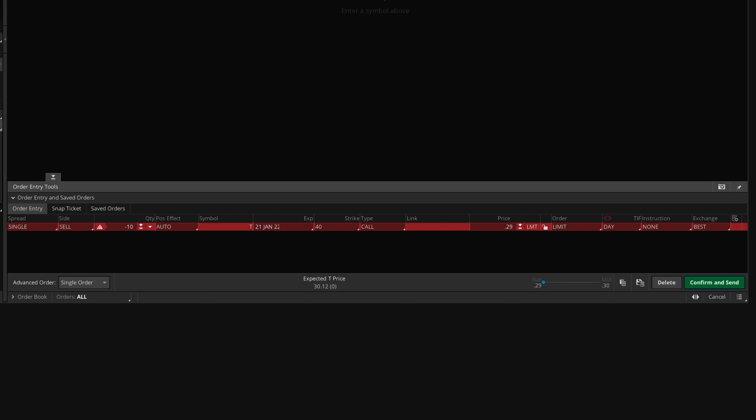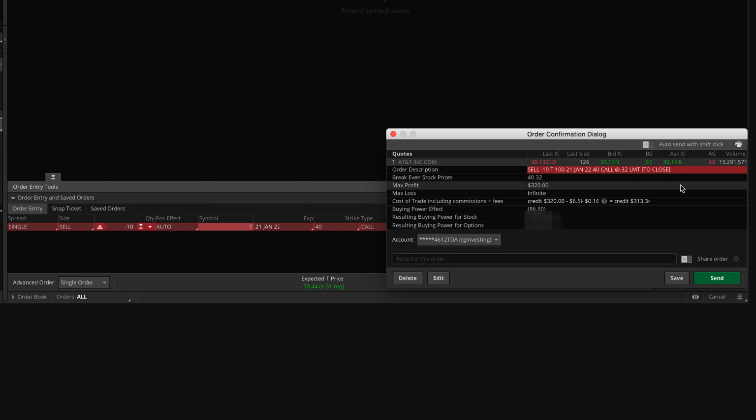They automatically fill in the price with the going rate, but if we want to try and sell for a higher price, we can adjust that here. The order type is set to limit, but we can adjust it if we want. Day means if the order doesn't fill by the end of market close, it'll automatically cancel. We can change that to GTC, or good till canceled, which will keep the order open until it fills or until we cancel it. Then we can click confirm and send, which will pull up a box just ensuring that